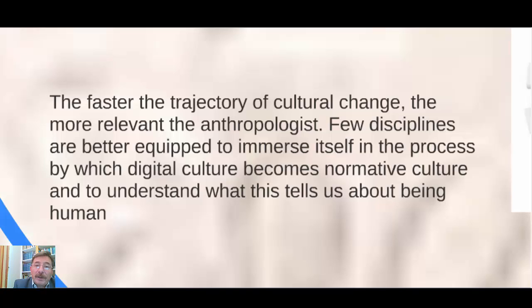So just like any other subfield of anthropology, political anthropology, economic anthropology, we are going to approach digital anthropology as a new subfield. That's another opportunity for us to explore and better understand our very own nature.